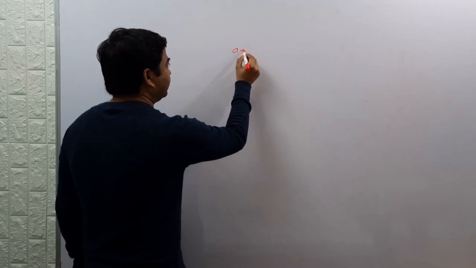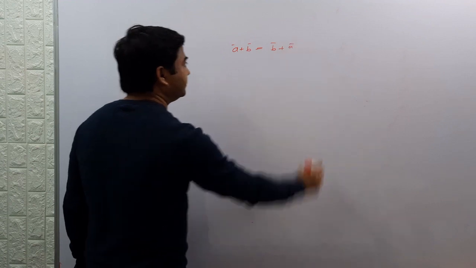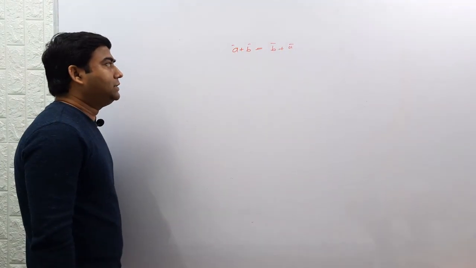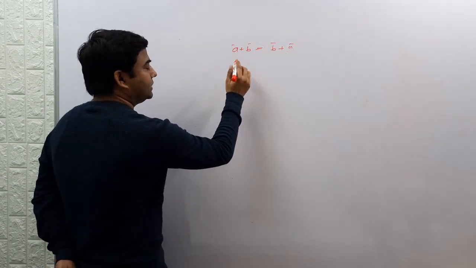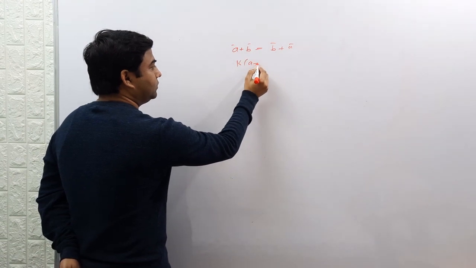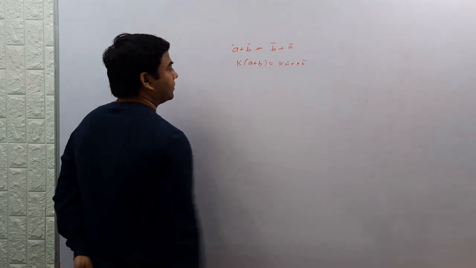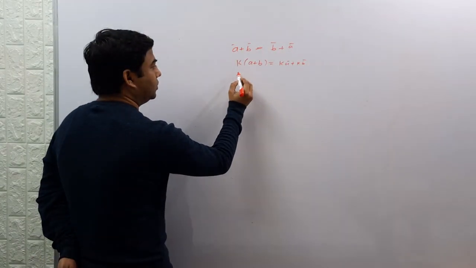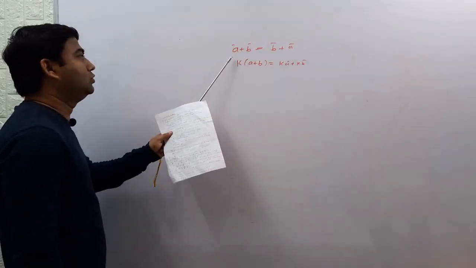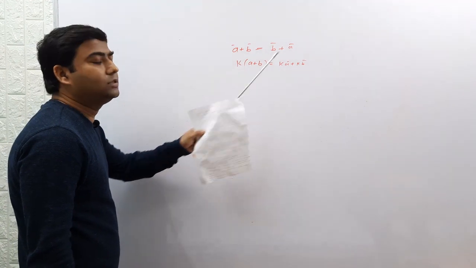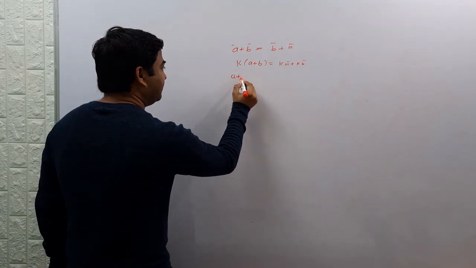We have proved that vector addition follows commutative law. Addition of vector follows commutative law. There are two other laws which are followed by vector addition: scalar distributive law, k(A plus B), and associative law. Only addition follows these laws: commutative law and distributive law are followed by vector addition, and (A plus B) plus